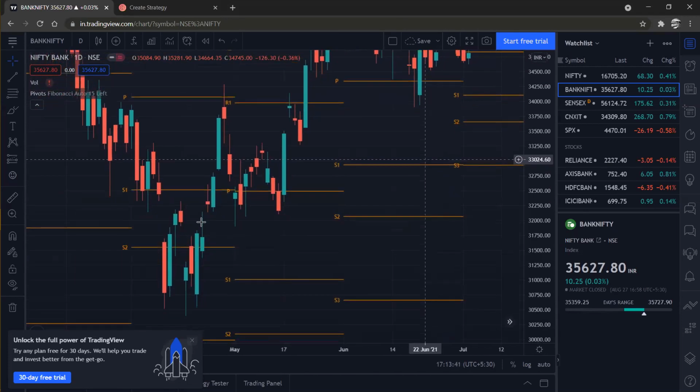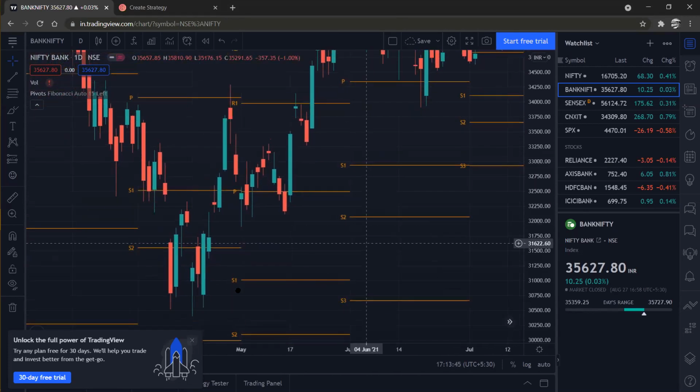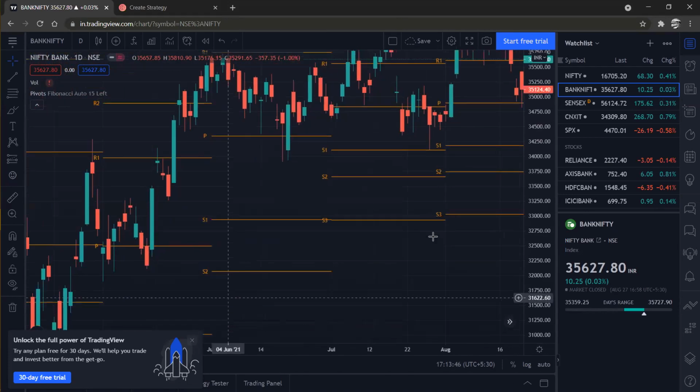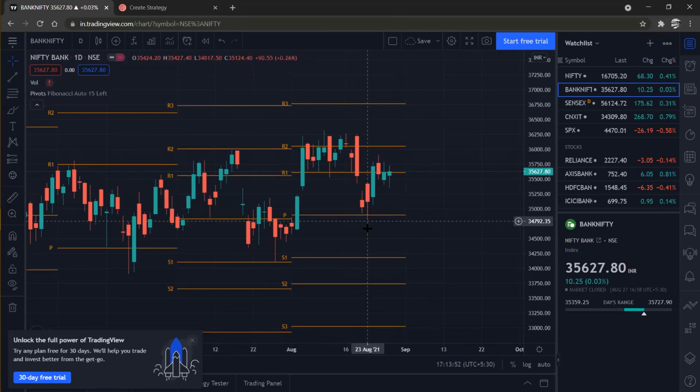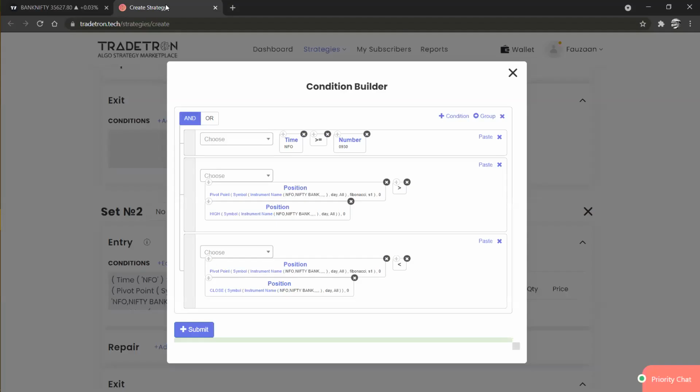So what we will check is whenever the low, I will just give you an example. Let's say this is the S1. Consider this as S1 for now. So whenever the low of the candle is below the S1, and the close is above the S1, we will check here for the bullish momentum, I mean to say the trend reversal. So whenever the low is below S1,